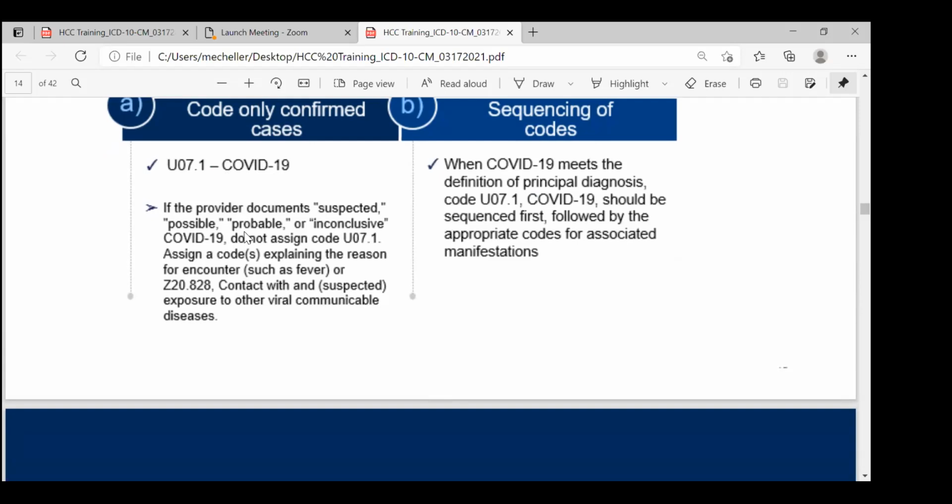So U07.1 is the diagnosis for COVID-19. If the provider documents suspected, possible, probable, or inconclusive COVID-19, we do not assign U07.1. We want to assign a code explaining the reason for the encounter, such as fever, contact or suspected exposure. Z20.89 should be the proper diagnosis if we're unconfirmed. If we have an unconfirmed diagnosis of COVID, we want to use the